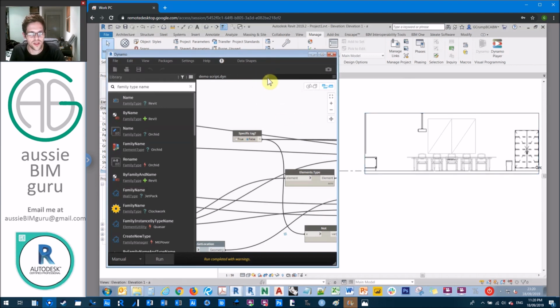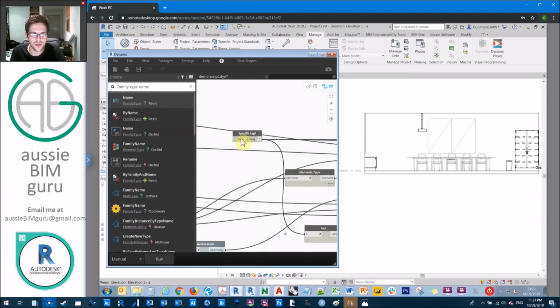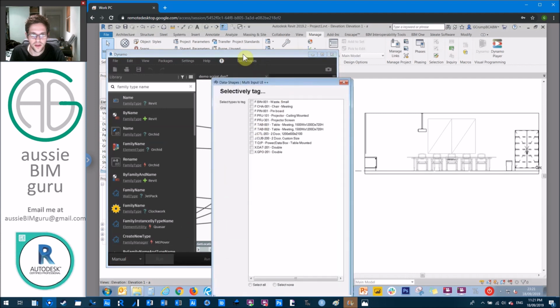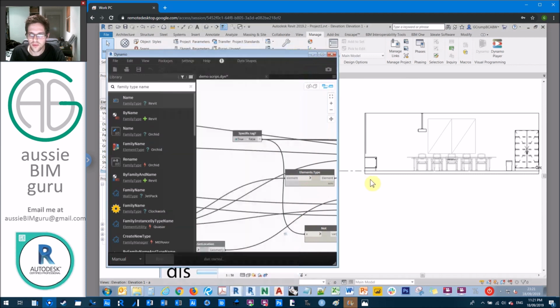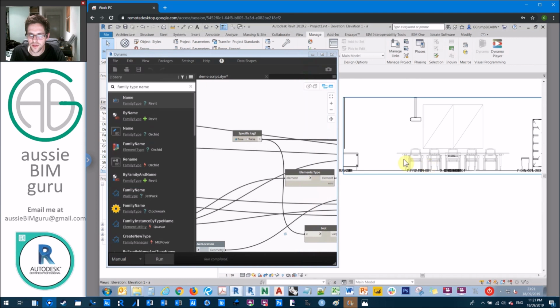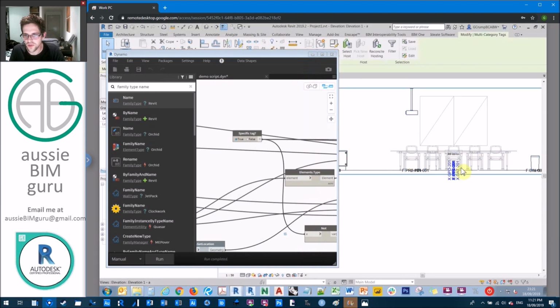So I'll just do a save and a reboot, and instead, we'll try it with the user interface activated. So now I'll turn specific tag on. I'll run, and I will tag everything except for my chairs and my tables. And there we go. We can see that now we don't get any tags for our chairs or our tables, and it's much easier for us to filter through our tags and just move the ones that we need for